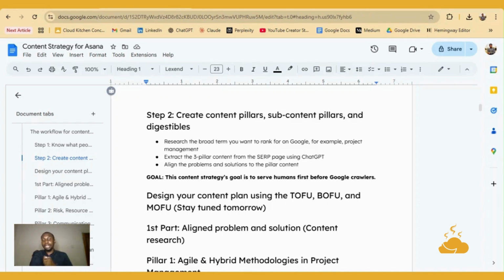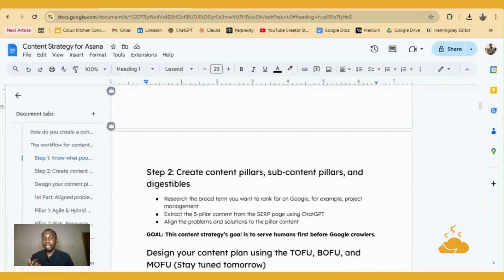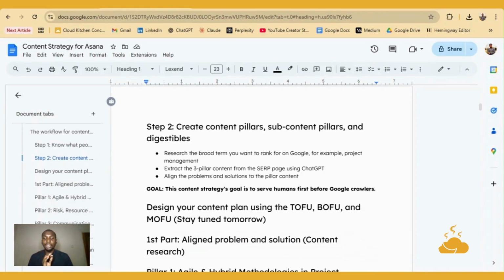I could do it for a different B2B brand, solution or service provider, so it's not only for project management solutions. And I said the goal of the first two steps is to serve humans first